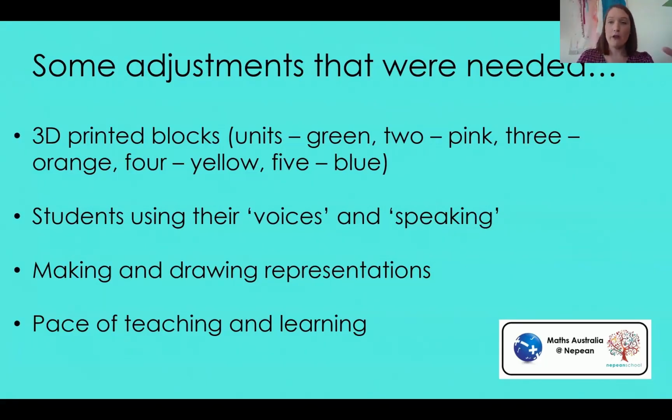We used the concrete representation, the representation in their books as well, in their pod, so that they could see the green unit, then they could see the coloured integers, then they could also see the abstract in the numbers as well. A lot of their pods had 1, 2, 3, 4, 5, 6, 7, 8, 9, 10, 0. And so we worked really hard with changing that around, making sure that it was 0 to 9 because that's your base 10. And it does take a lot of work and a lot of dedication on the part of the speechies and sometimes the external therapists too, to make sure that those are correct for the students.